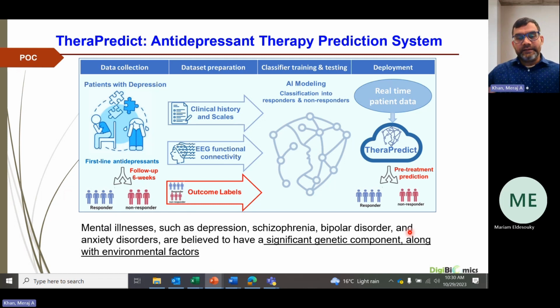This is a huge burden. And in that case, we want to use AI. So we want to use not only the clinical history and clinical data of the depression patient, because that could be a subjective assessment. We want to add the EEG data, and